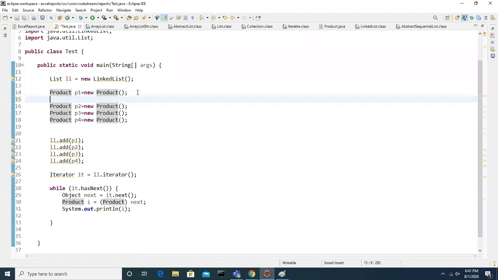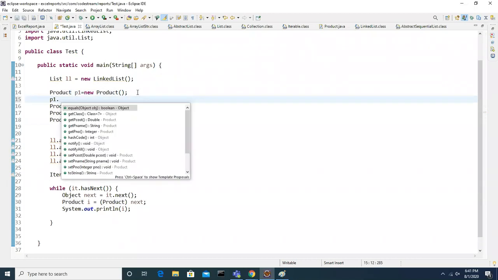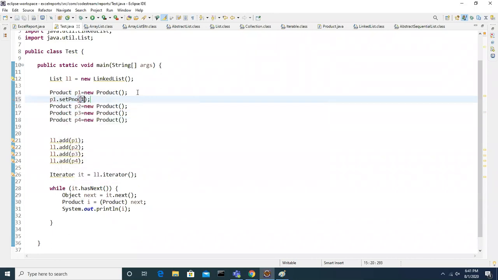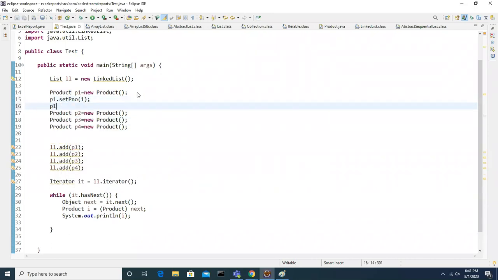So if you add some values here, p1 dot set product number 1 and p1 dot set product name, let's say it is a laptop.